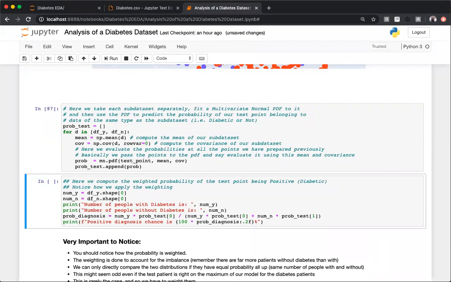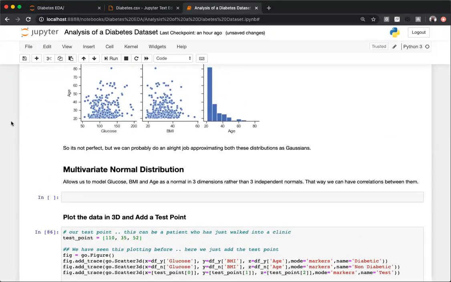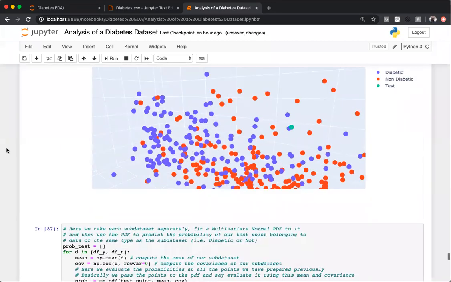If I run that, and now, please pay attention to this. This is a mistake that a lot of people make. If you remember, we checked the number of individuals in the diabetic group and non-diabetic group, and we said that it's almost double in the non-diabetic group. What that means is our data is not really balanced. We're always looking for data with the same number of individuals, or at least approximately the same. In our case, it's not. So we need to calibrate or